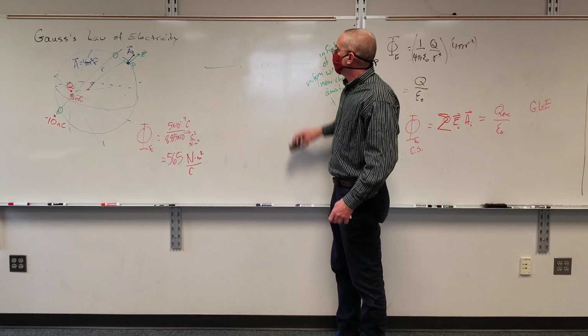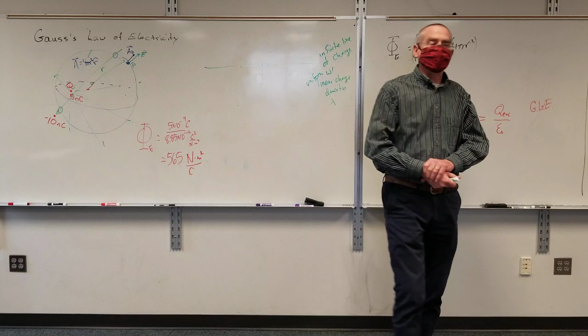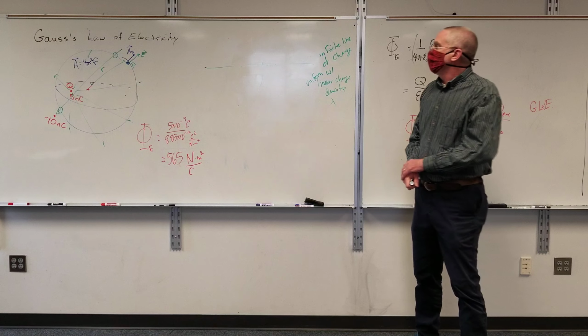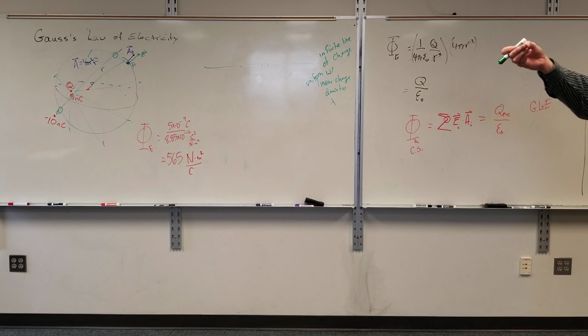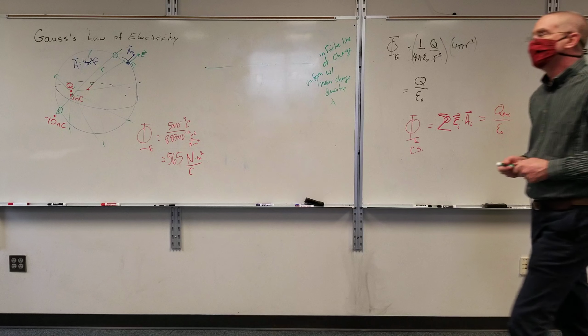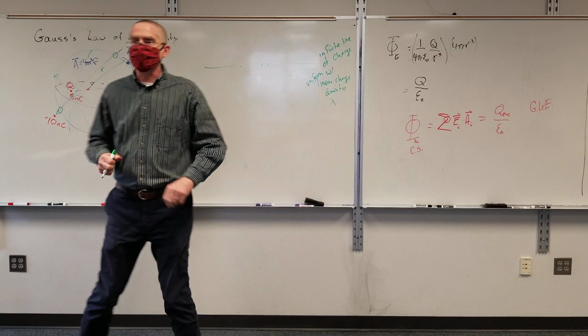So how we use Gauss's law is we create what's known as a Gaussian surface. So I have this line of charge here, and it's just a line there with a lot of charge on it, but I'm going to make believe that I have a surface there. A Gaussian surface is a virtual surface. It's a make